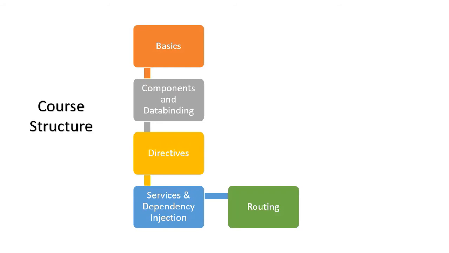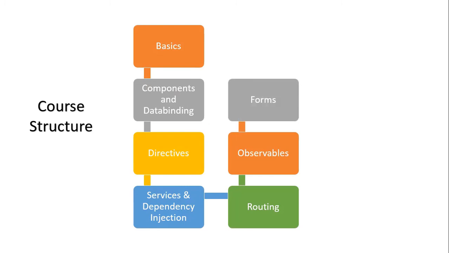So all the time I was saying single page application. Routing is a feature which makes it possible. Then we'll look at observables, a feature that allows us to work with asynchronous code. Once we are done with the observables, we'll look at forms and how to read user inputs. Forms are categorized as template driven as well as reactive or model driven forms. In this section, we'll look at both template driven as well as model driven forms.